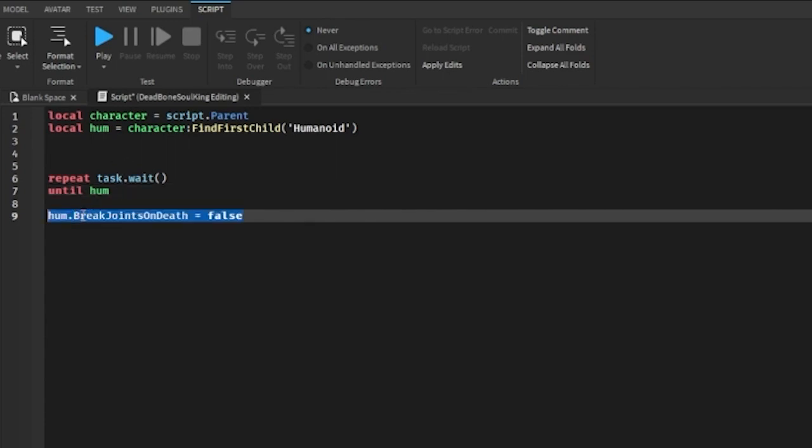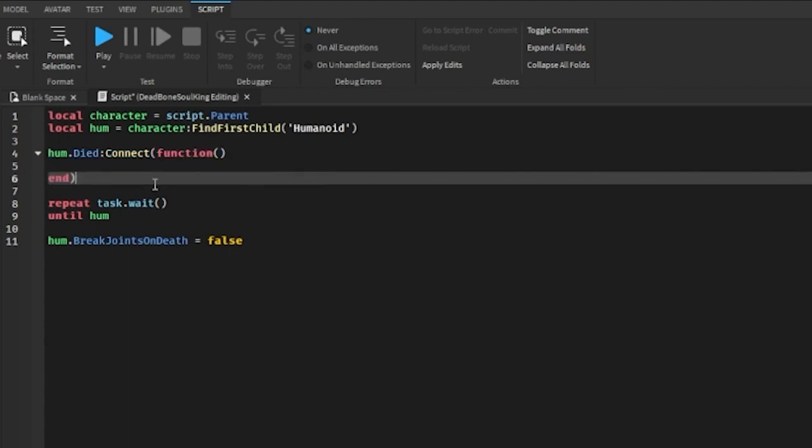Then we're going to set BreakJointsOnDeath to false. So whenever the character dies, their joints aren't broken apart and they don't fall out like Lego pieces. So hum.BreakJointsOnDeath = false. Now we're going to check whenever the humanoid dies. So hum.Died